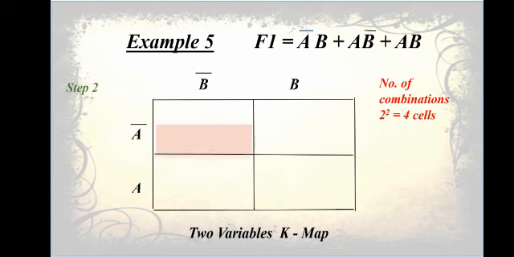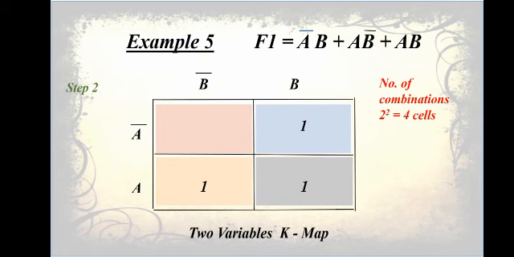A complement B, and we will replace it with 1. Where is AB complement? We will replace it with 1. Then AB, we will replace it with 1. Wherever the expression lies, we have to write 1 in the corresponding cells, and where there is no expression, or the expression is not in the statement, we will leave it empty.